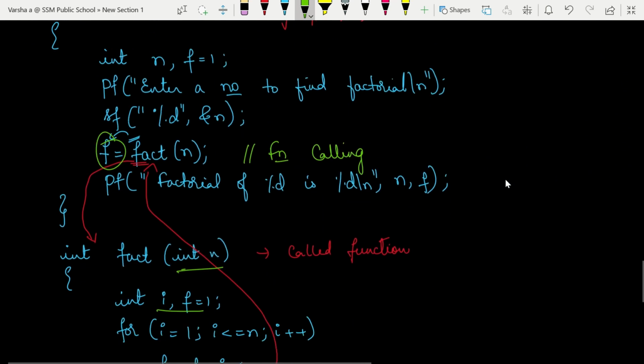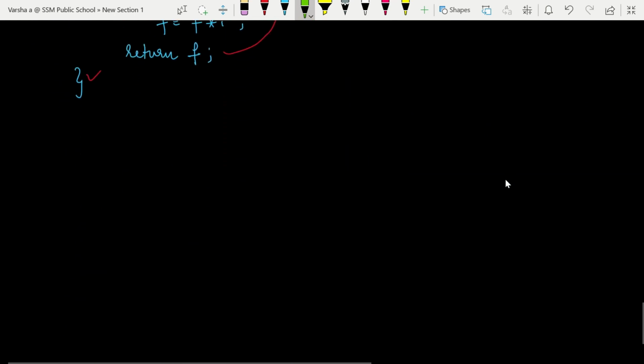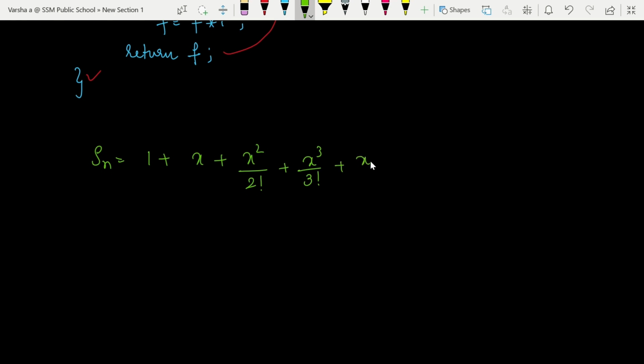Now I will give you a more interesting program, that is finding the sum of a series expansion like this. Suppose I have Sn, which is 1 plus x plus x square by 2 factorial plus x power 4 by 4 factorial, and it goes on up to infinity.